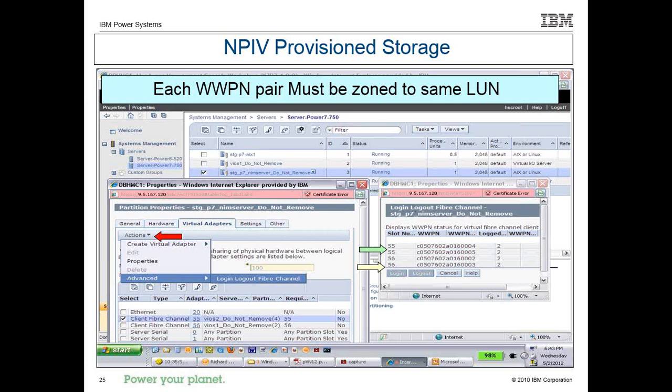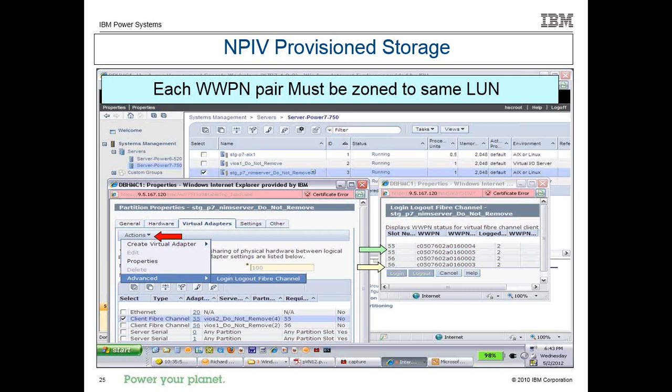Well, see, this is a C0-something. And so then you tell your SAN team, I need this for my NPIV client, please zone my LUNs to these virtual WWPNs. So you don't give them the WWPNs of the HBAs in the VIOS, you just tell them what these virtual numbers are, these C05 numbers.